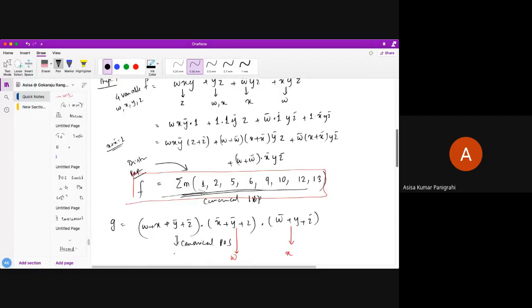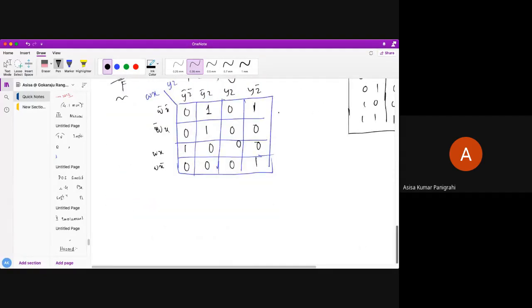So in order to find the simplest form of capital F, you need to simplify it using the k-map. Are there 16 ones present? No. Octets present? No. Quads present? Obviously no. Pairs present? Yes, many pairs are there. I'll just make the pairs here. So this can be one of the groupings. Also, what else can I group? This is another grouping, because these two are adjacent. Then how to group this? This is a single grouping. No grouping is possible for this, because no adjacent min terms are present.